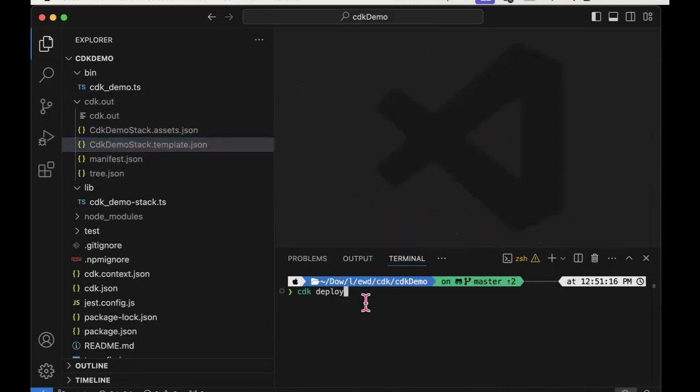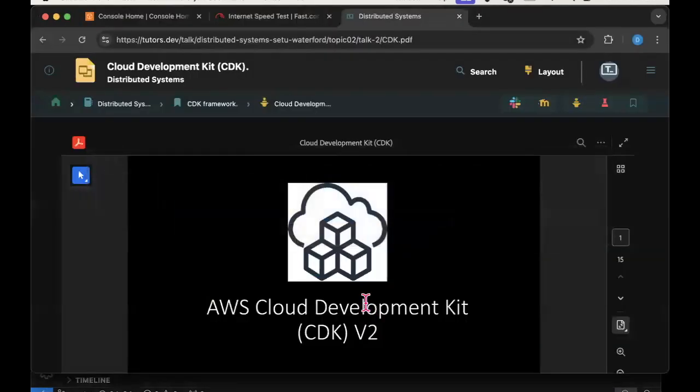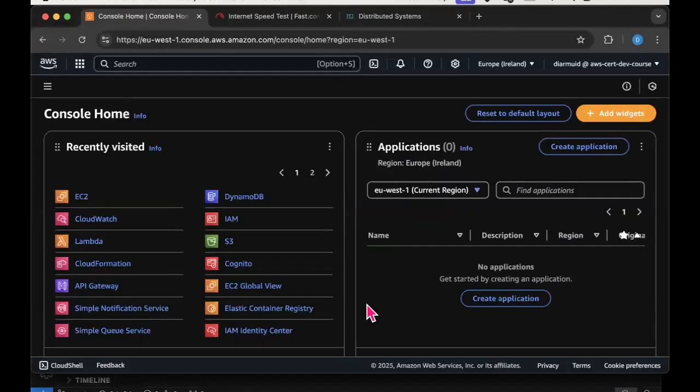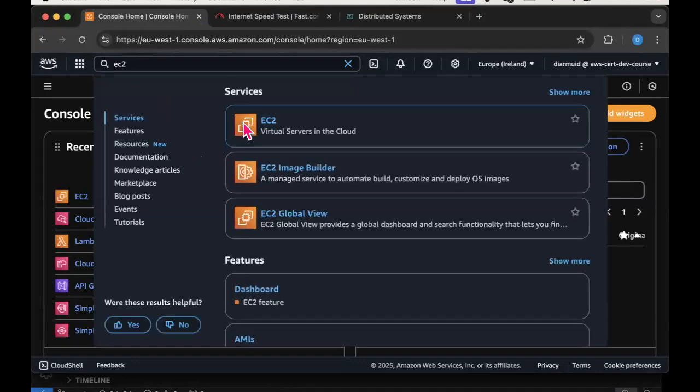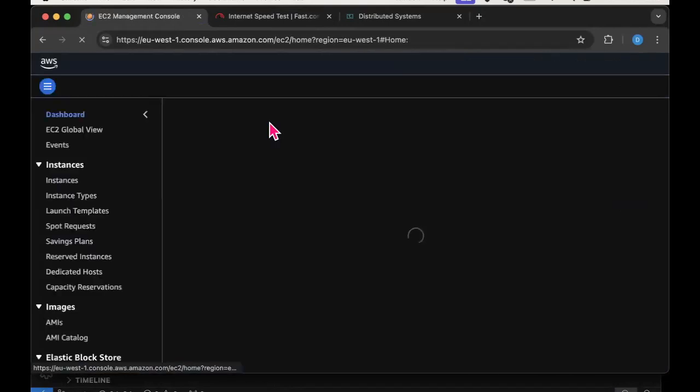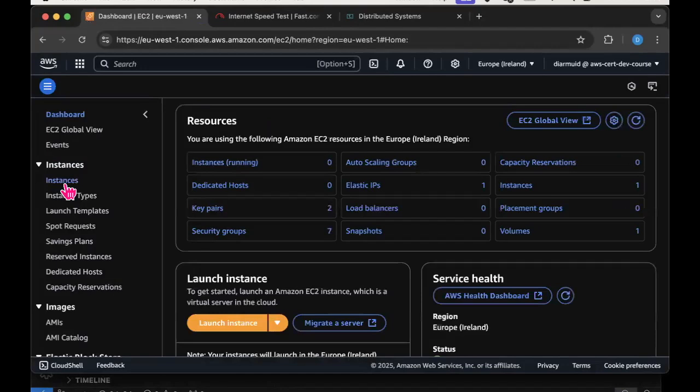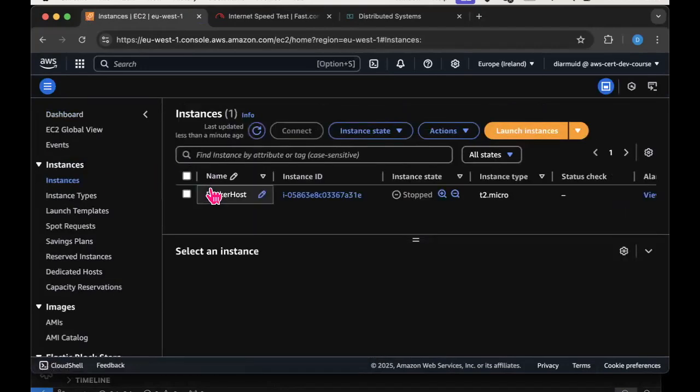Let's do a CDK deploy, although just before I do it, let me switch over to my account on the cloud and go into the EC2 service. I do have one EC2 instance already within my account.